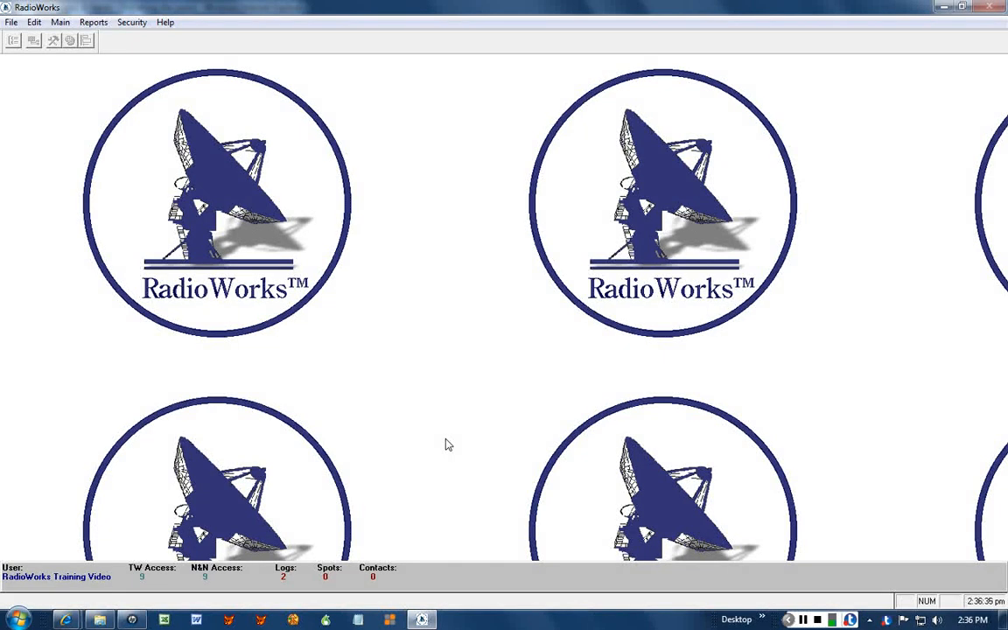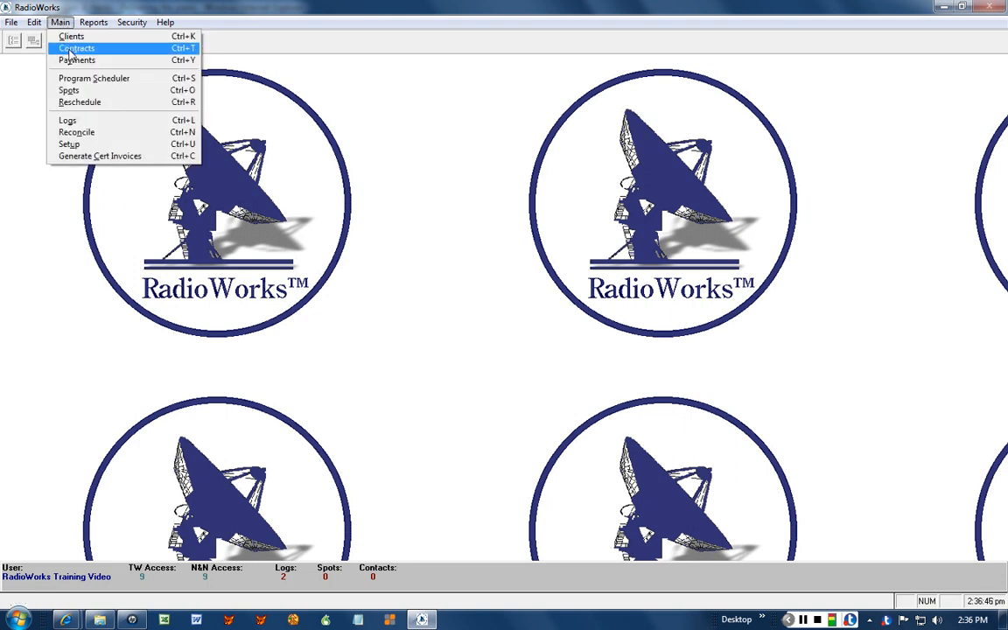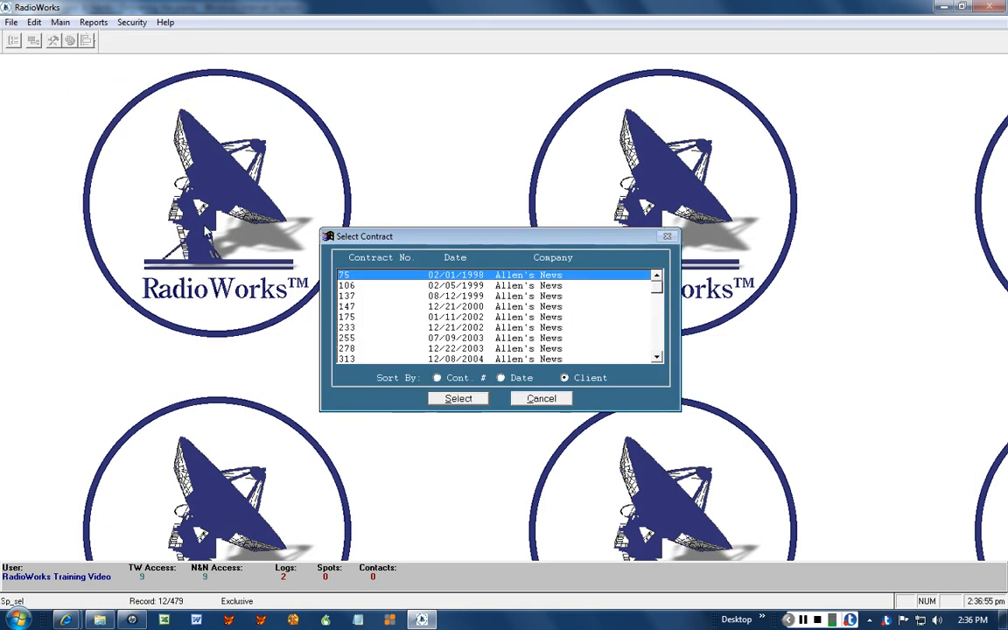Now we're going to schedule a spot using the number per day of week scheduler. I'll go up to the main menu. I could go through contracts, but also if you're not using the day part scheduler, you can go through the spots selection on the menu. So I'll click spots. This brings up the spot